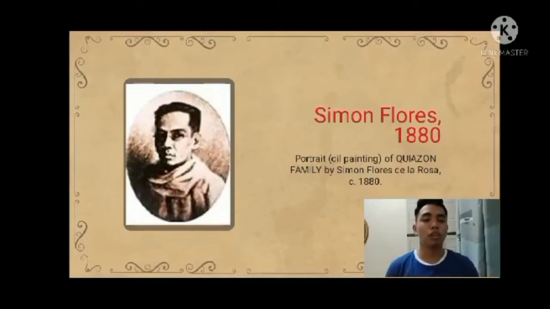Aside from the artwork with religious themes in the Spanish period, art portraiture also gained importance in the 19th century with the rise of the middle class. So, just like in our generation, we take pictures to document how big our family is and what we have. And also, we take pictures to put on our wall as a design, and also on our table.